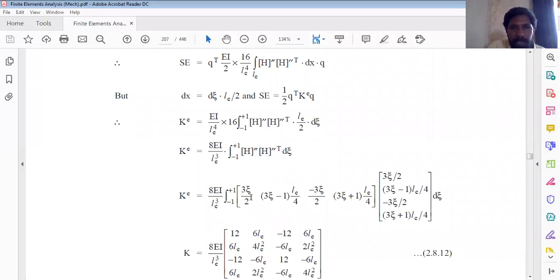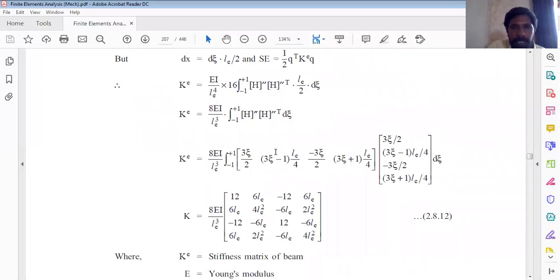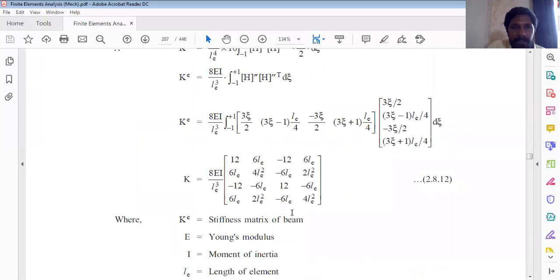To H double dash we have this equation or this matrix. Multiply this with H double dash transpose. So this is the matrix. When you multiply these two matrices and substitute the limits from -1 to +1 after integration, you will get the stiffness matrix of beam element as EI by Le cubed times the matrix of 12, 6 Le,